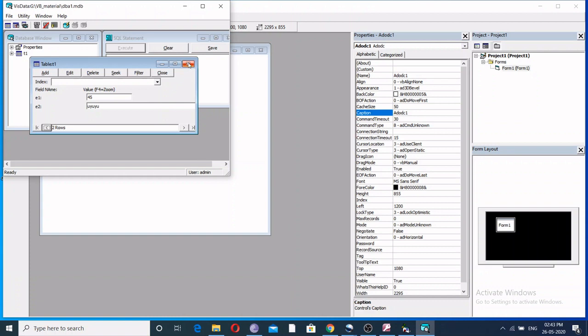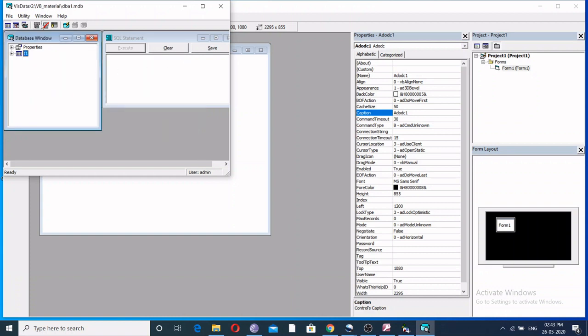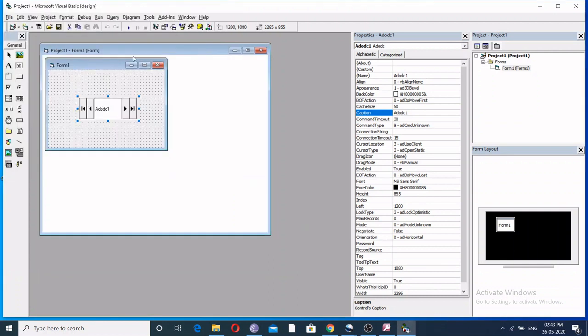So this is the way of creating a database in MS Access format while in Visual Basic editing mode. There is no need to move to MS Access, no need to have MS Access installed.